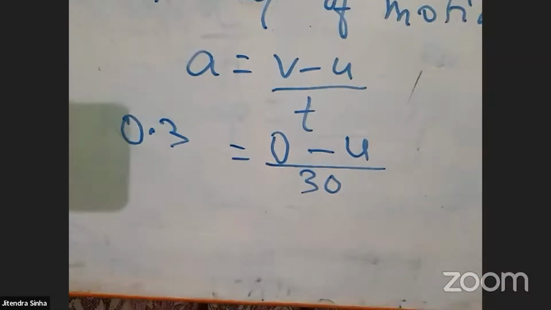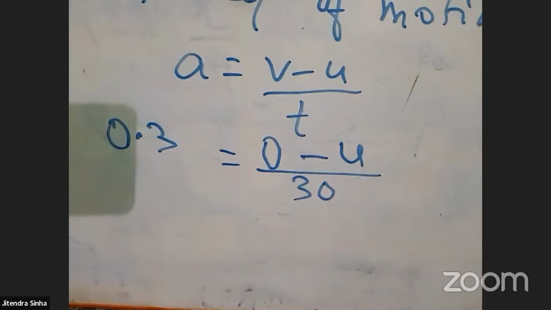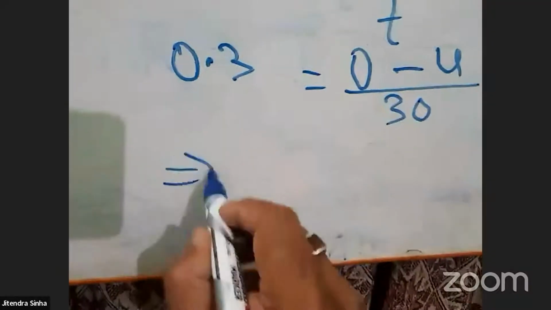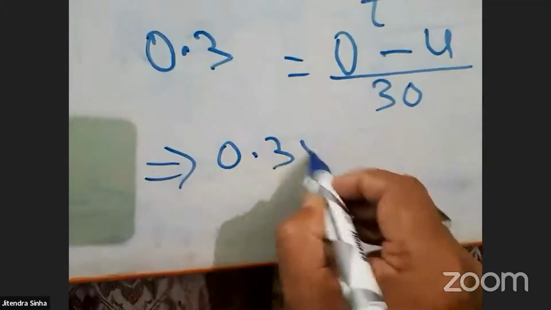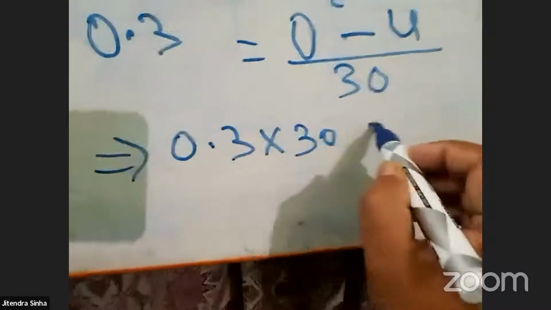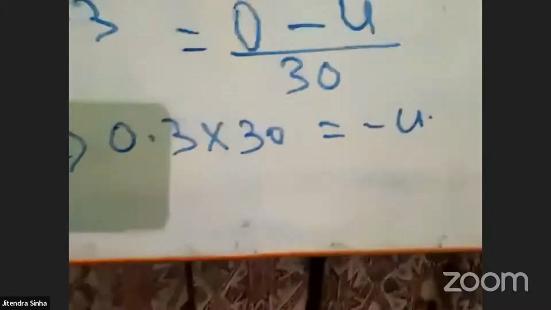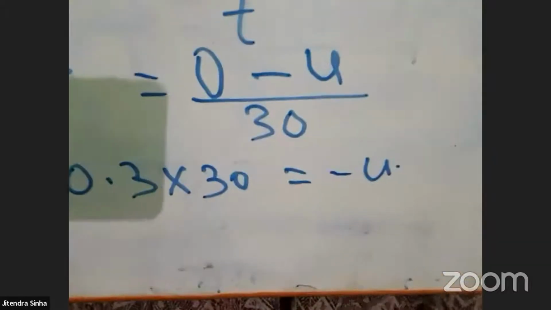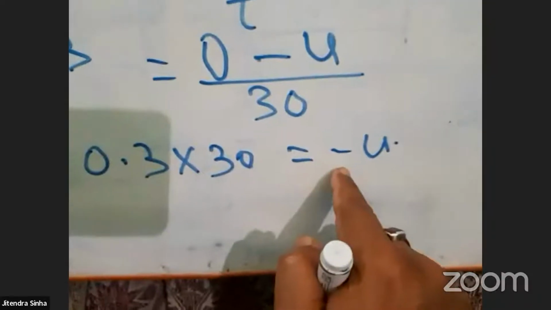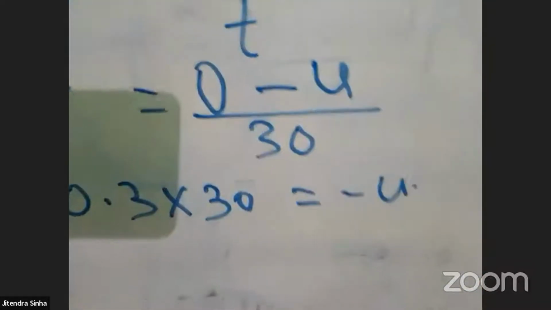ये है, ठीक है ना। Then you come to the calculation. 0.3 multiplied by 30 is equal to how much you are getting? Minus u. अभी देखो यहाँ हम माइनस यू नहीं लिख सकते हैं, ये कैलकुलेशन में आ रहा है, बट वी